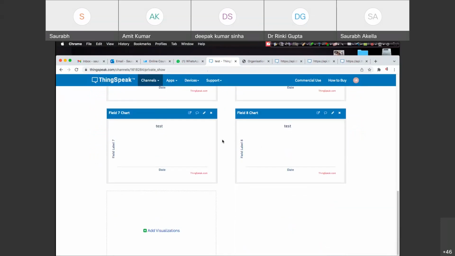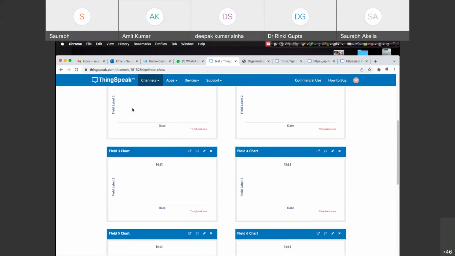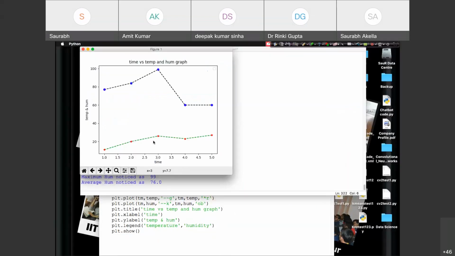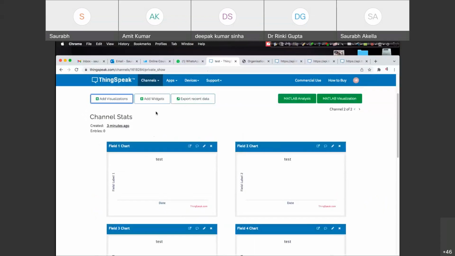Whatever data you are receiving for each single field on ThingSpeak itself, you can visualize everything here on ThingSpeak. You don't need any Python interaction like I'm doing here.